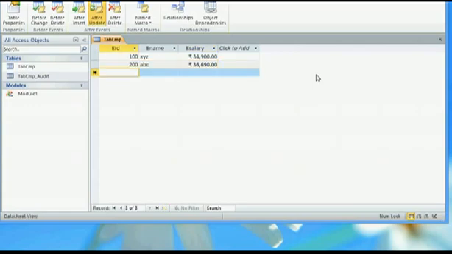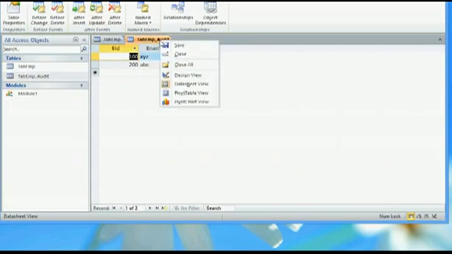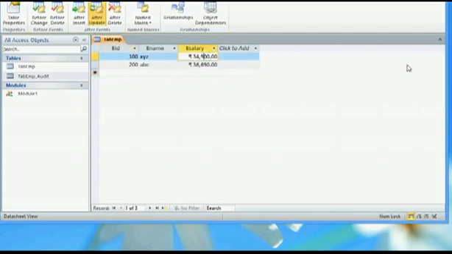I specifically said whenever there is a change in e-salary. So if I make any changes in the name or EID, it will not insert a new record. As I have changed the value to 200, I can see that record is also available here. If I make any changes again, it will insert another record. So that is how this works.